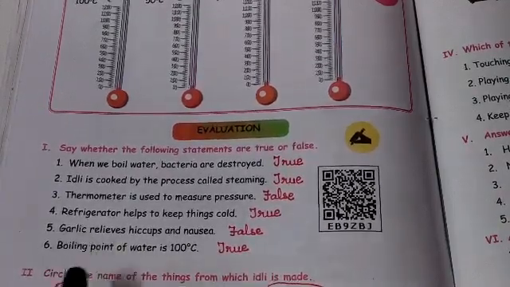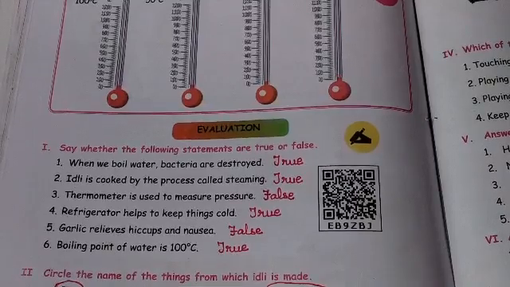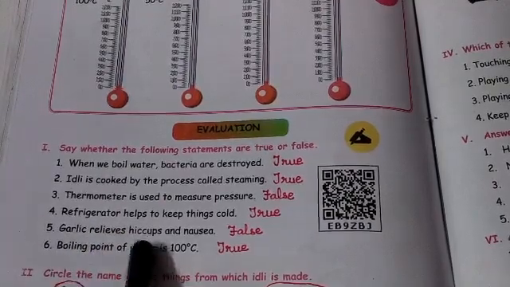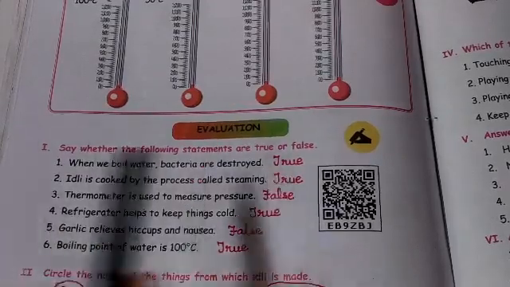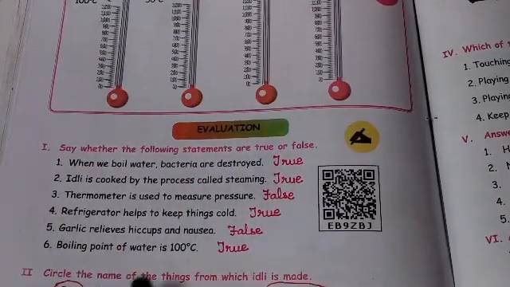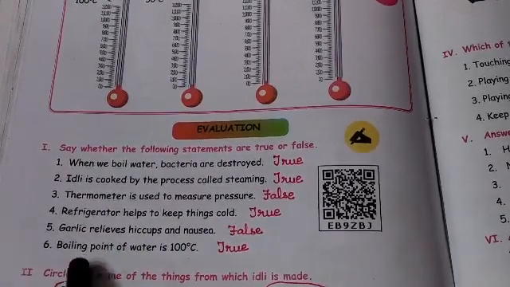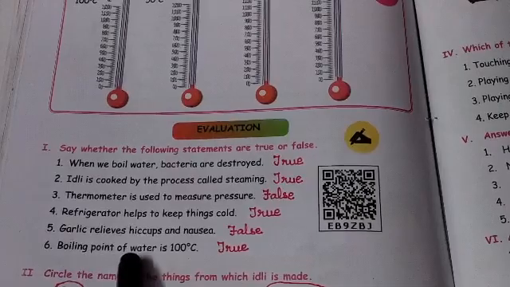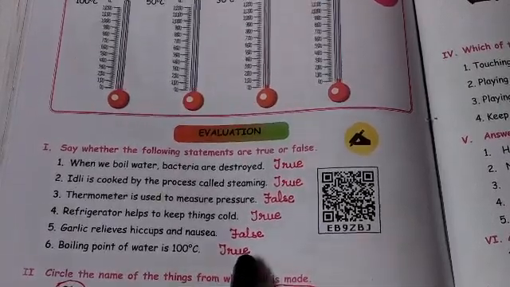Garlic is called a poor man's antibiotic. You remember that question we learned, isn't it? When you are learning itself, check with the other answer. Why the garlic they are given? If it is false, what for the garlic will be used? Like that you have to refer and learn. It will be easy for you to remember the other answer also. Okay, children? Sixth one. Boiling point of water is 100 degrees Celsius. Yes, true. Okay.